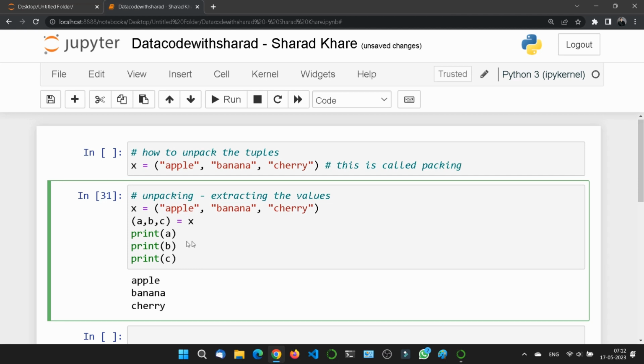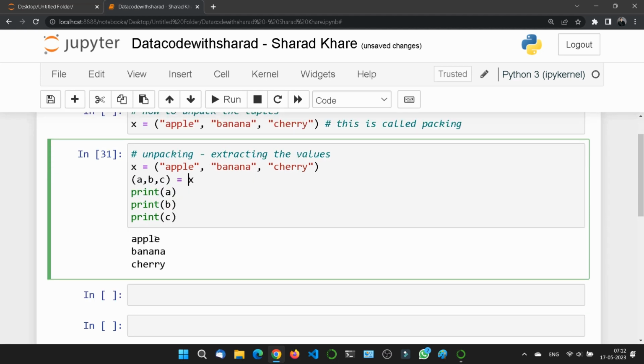When we print them separately, A contains apple, B contains banana, and C contains cherry. Understood?